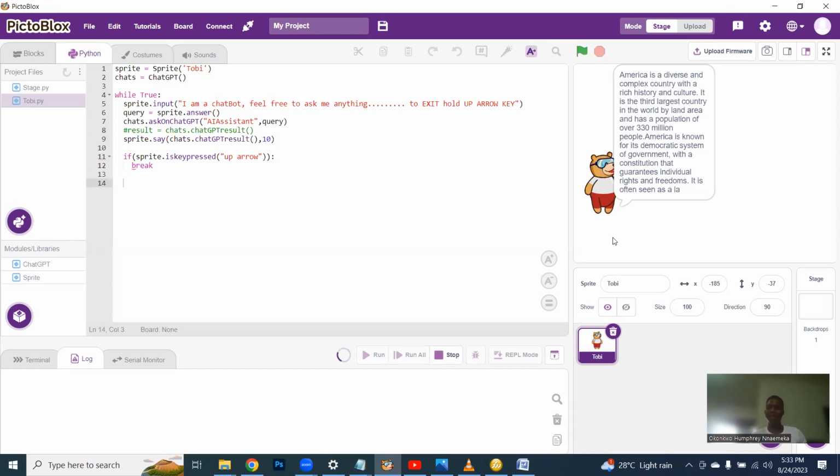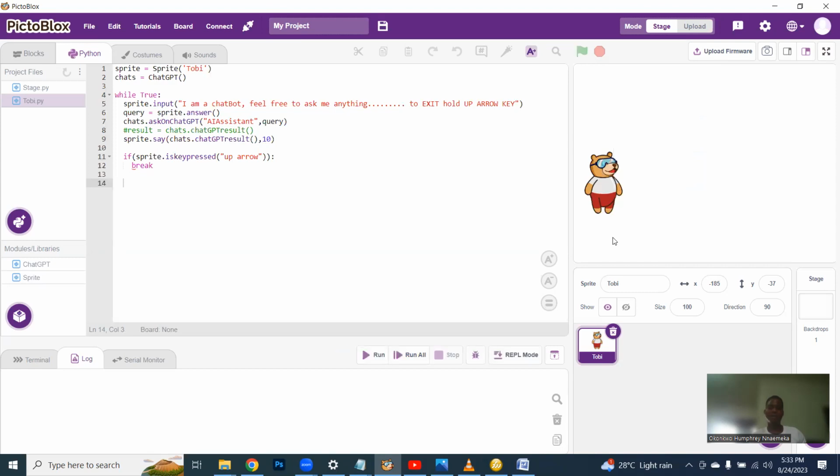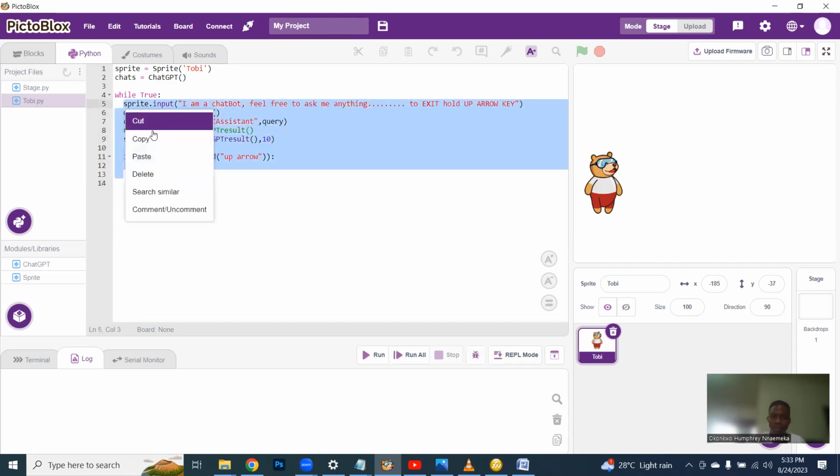So in order not to take us back to the prompt, I'm holding the up arrow key so that the program can end. So you can see the program ended. Okay, with this function here, you can keep asking questions, and it will keep giving you answers till infinity. So let me equally explore another function, which will take almost everything that is here, and that function,